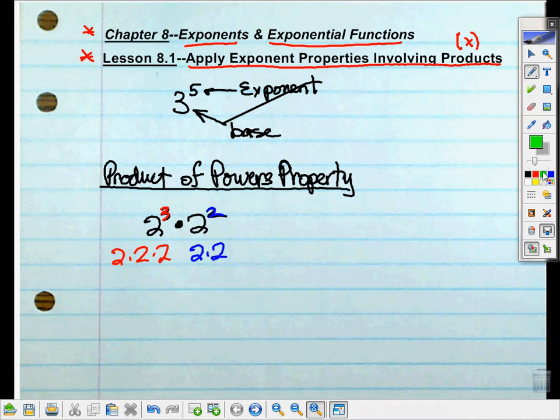And as a reminder, remember we are multiplying right here, so this is multiplication that's done there. The board's acting a little funny and I don't want to start over. So if you look at what you have there, what you really have is 2 times 2 times 2 times 2 times 2, which is really 2 to the 5th power. Now I would guess you probably can look back up at the original problem and see we don't have to write all that out really. We could just look at it and know that